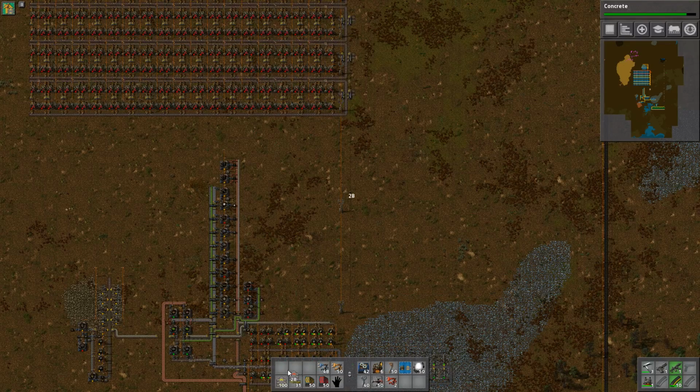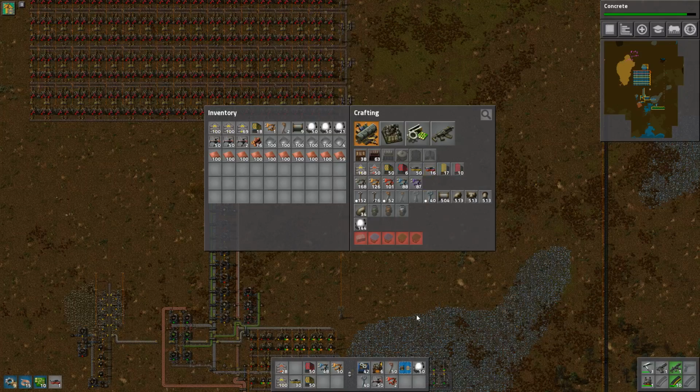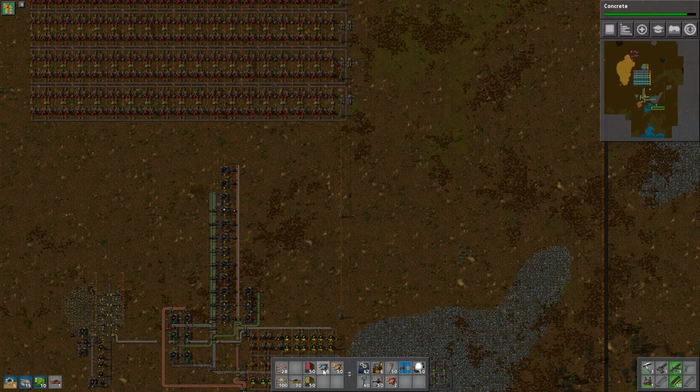You're going to go like this, you're going to go here, you're going to go here. Do I have a red splitter? I don't have a red splitter yet. Tell you what, build me a red splitter, please. And